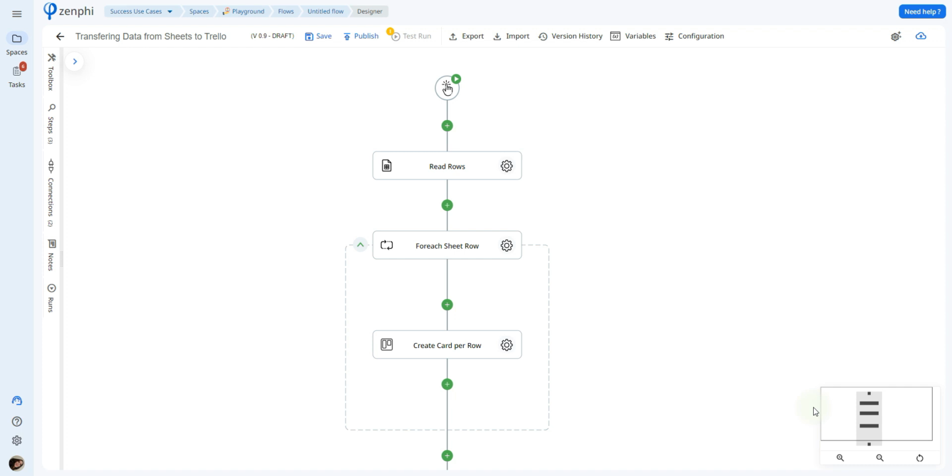Today I'm going to be showing you just how easy it can be to migrate information from a Google Sheet to a Trello board. So let's go ahead and get started. The first step to any Zenphi flow is to set up your trigger. There's different triggers that you can choose from. For this example, we'll be using the manual trigger, meaning you have to go and click start to be able